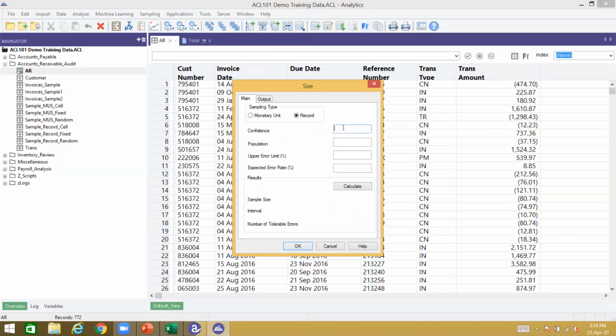Now I need to indicate my confidence level. Now remember, confidence level with sampling means how certain do you want to be that the sample you get is representative of what happened in the population? So the transactions I get, how certain am I that the transactions in my sample will accurately tell me where the controls failed, etc., in the entire data? So I want to be maybe 95% certain. The population size is 772 because that's how many records I have in this table. The expected error rate, based on my previous audits of the AR data, let's say I'm used to seeing 2% of all the records,